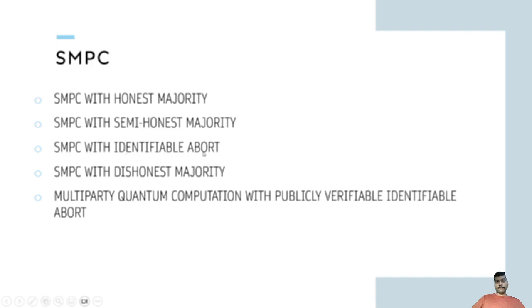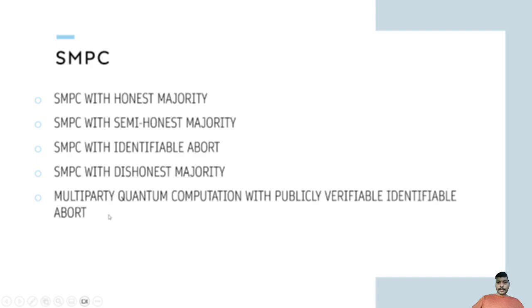And with identifiable abort, that means that if some parties are identified as dishonest, then this protocol will abort. With a dishonest majority, that means that most of the parties will be dishonest, and based on that the SMPC protocol will work. And this is mostly used by many of the banking mechanisms, because it takes a good amount of throughput and a good amount of time to execute, but this is much more